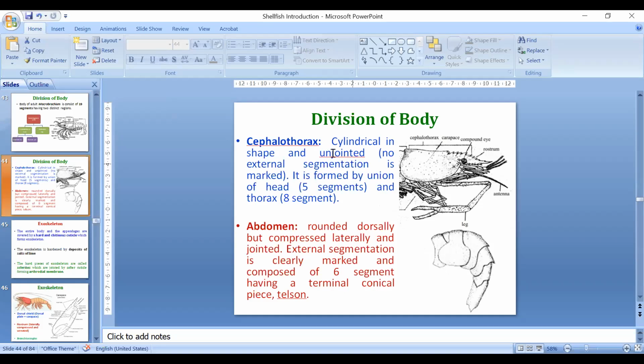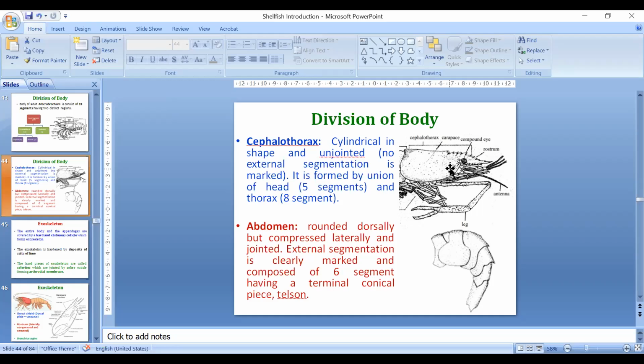As I have told, this is the cephalothoracic region. It is cylindrical and unjointed. Unjointed means they have the segments, but when you see from the external surface, you won't find any joint. Unjointed here means there is no external segmentation mark. So in the cephalothoracic region, although there are 13 segments, the 5 segments of the head and the 8 segments of the thorax, when you see the animal from the external surface, you won't see the segmentations or the